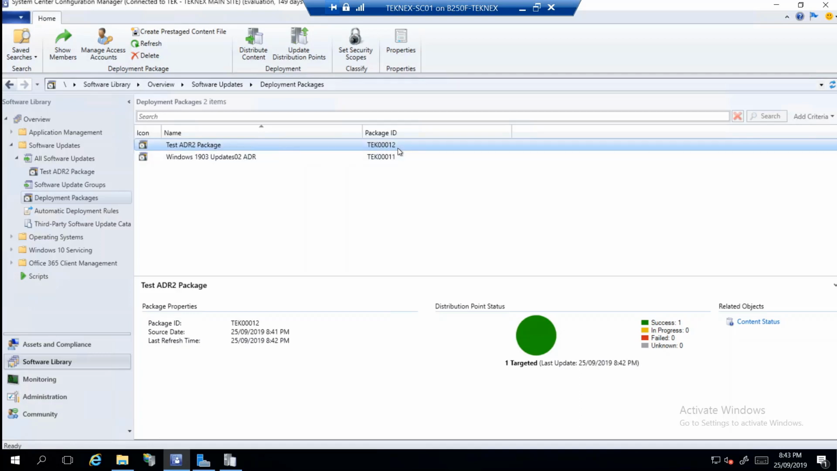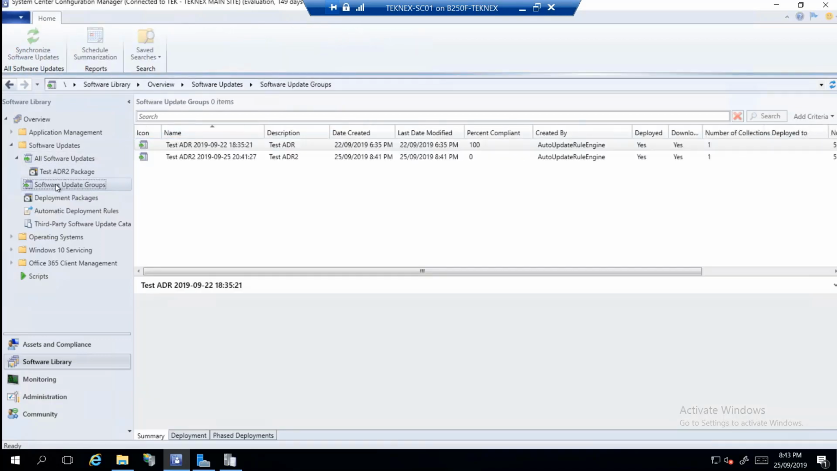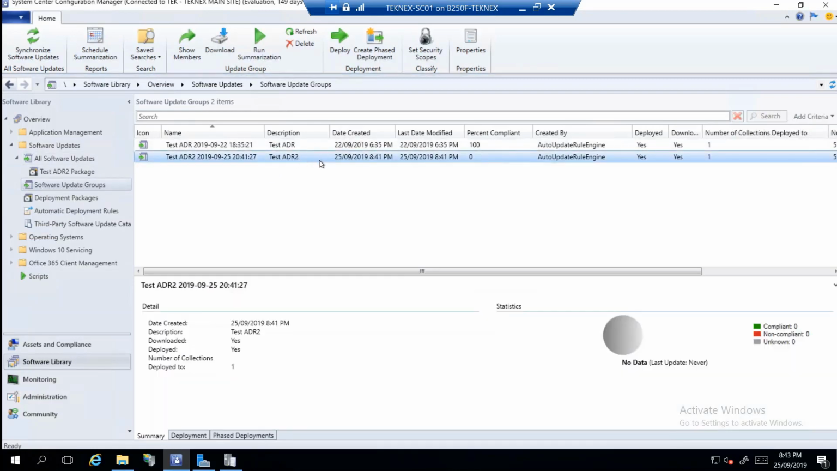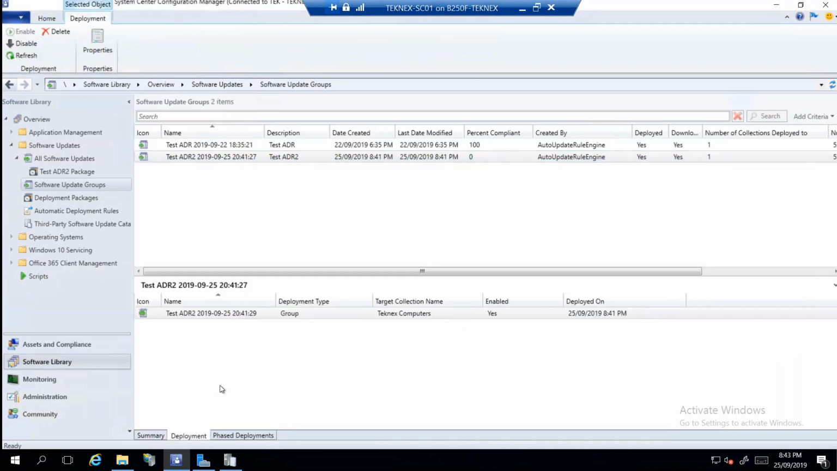That log, actually rule engine.log, is a very important log for the automatic deployment rules. So now let's check if we have a software update group. So in software update groups, we can see that we have test ADR2, which is available. The compliant shows 0. So now we can check deployment. In the details pane here, just go to deployment, and we can see that it is deployed to TechNext